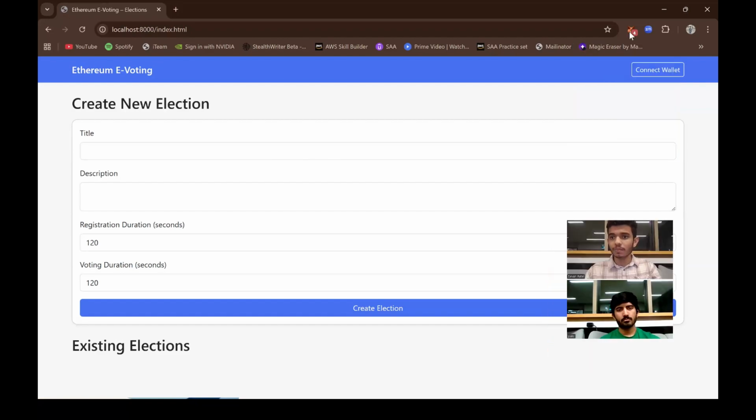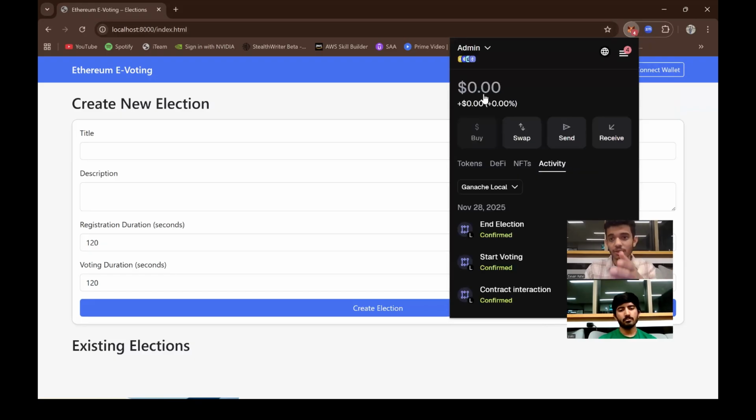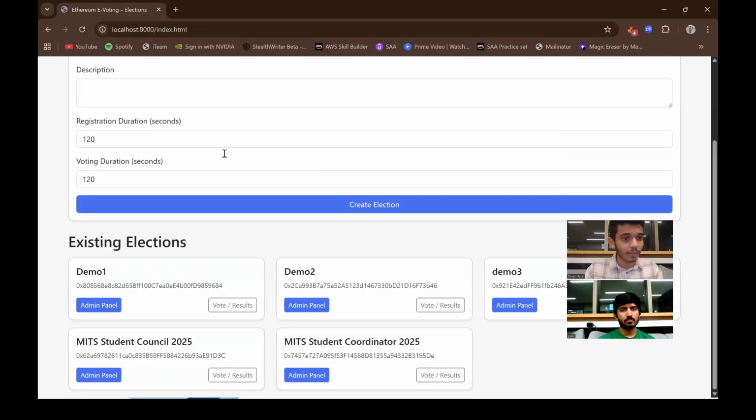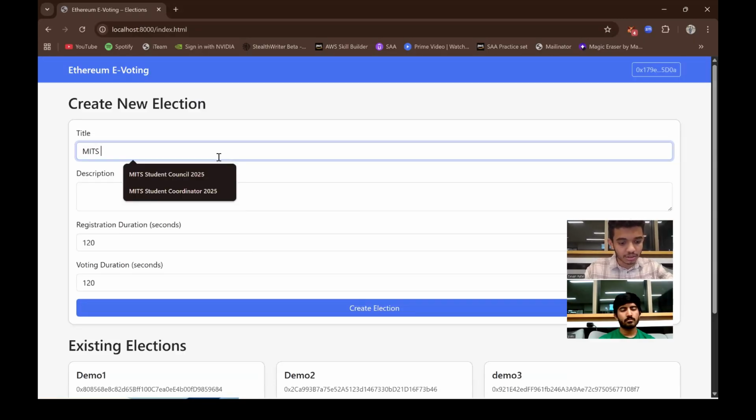First, we have added some accounts from Ganache to MetaMask. So right now I'm in the admin and I'm logging in as admin. Let's create one election, that is MITS